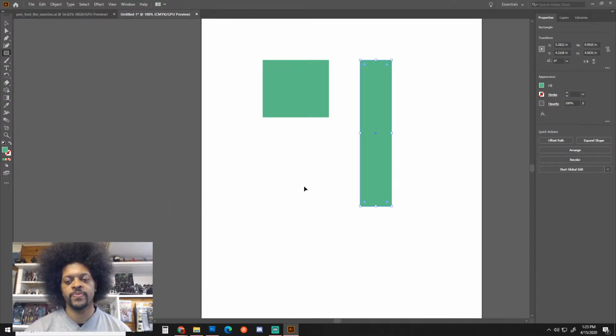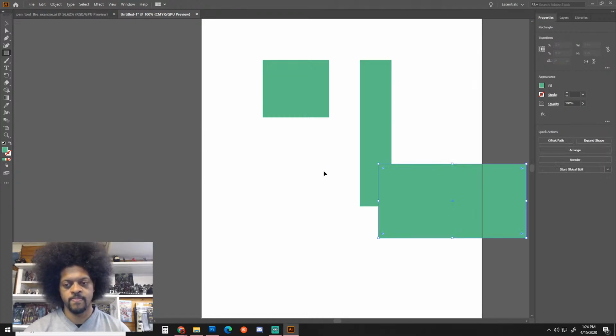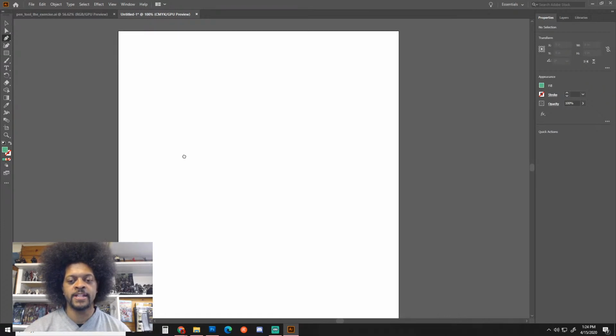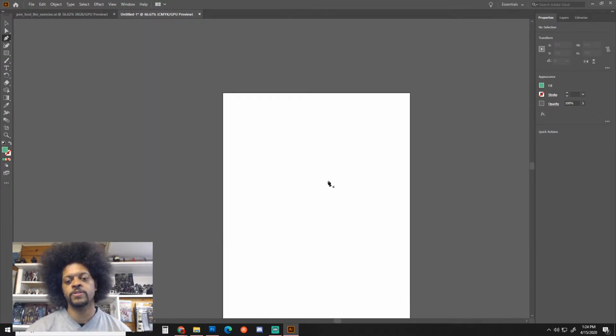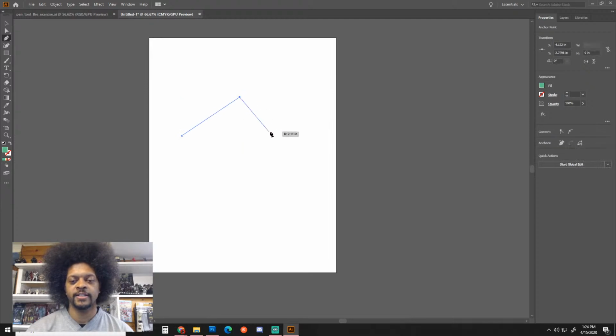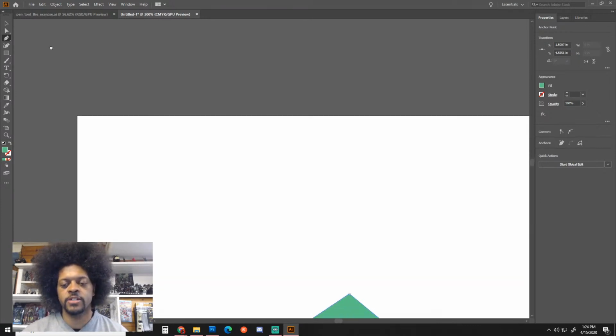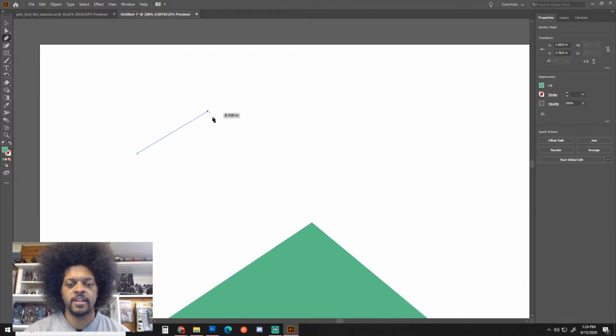Okay, but what we're really going to be focusing on in order to make shapes is the pen tool. Pen tool's P, and it's real simple. Really, really simple to use, right? You can click, click, click, click, click. And the whole thing is that you want to make sure, P as in pen, that when you're making these shapes, you come back